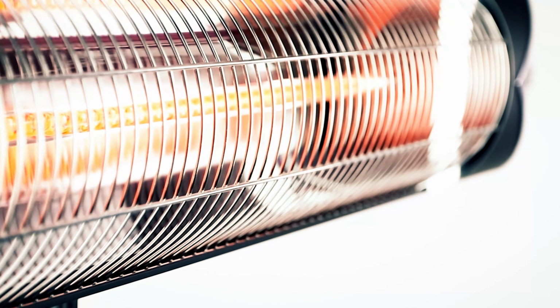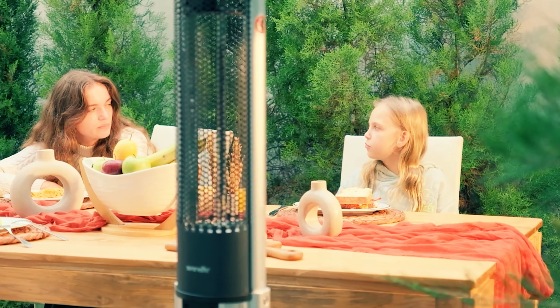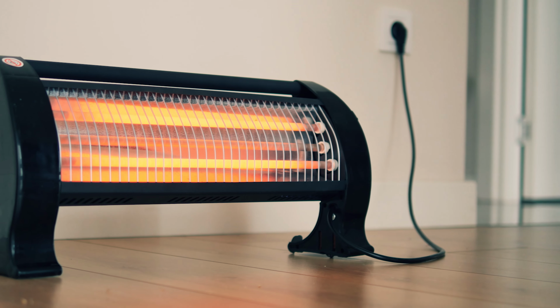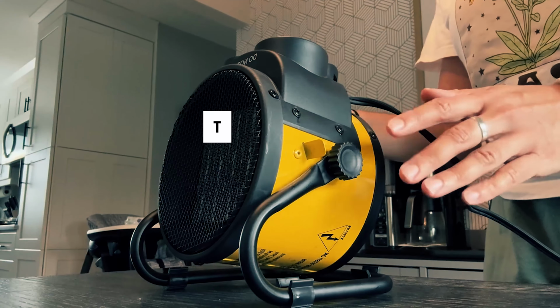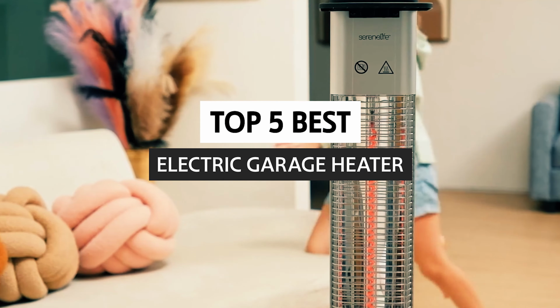An electric garage heater is a must-have for keeping your workspace warm and functional during colder months. Whether you're tackling DIY projects, maintaining your vehicle, or simply needing a comfortable environment, the right heater ensures steady, safe, and efficient warmth. With options ranging from compact portable units to powerful wall-mounted models, there's a solution for every space and budget. In this video, we'll highlight the best electric garage heaters to help you stay productive and comfortable all